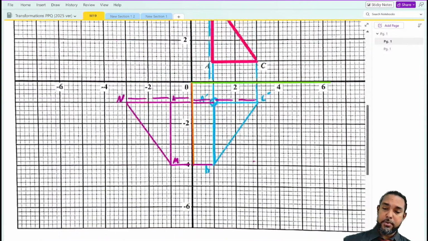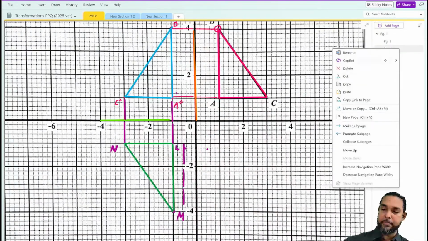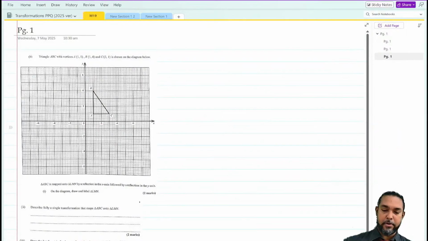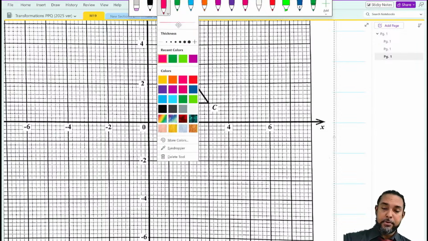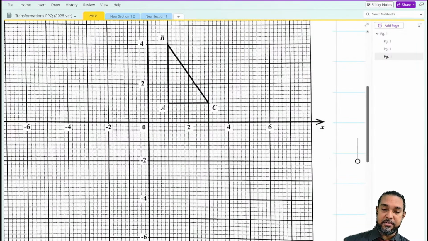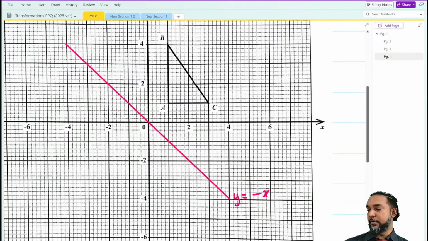Actually, yeah, you would, because what would happen is, hold on, let's do our next copy paste. All right, so the line you're talking about, that's actually a good guess, by the way. What Nyla is saying is, maybe it's a reflection in the line y equals minus x, which should come from here. So that's the line y equals minus x. Now, unlike the x and y axis, this is neither perfectly horizontal nor vertical.